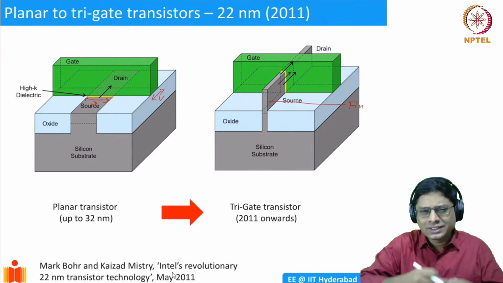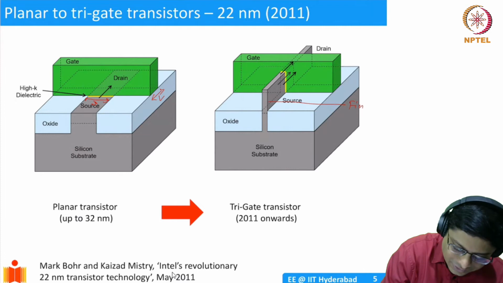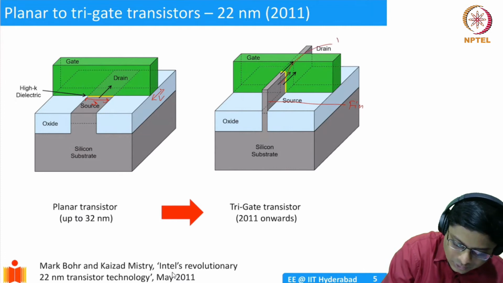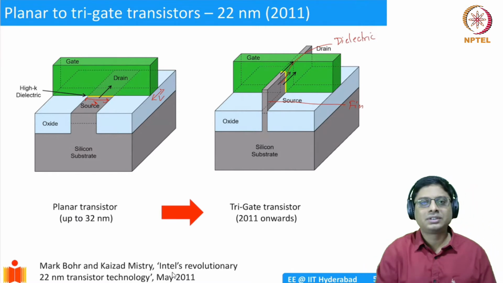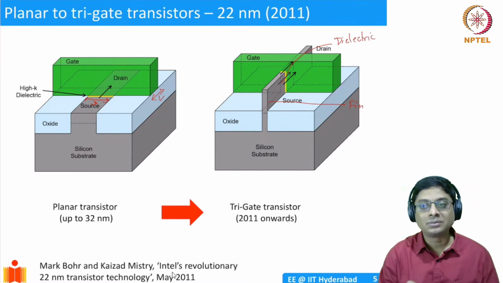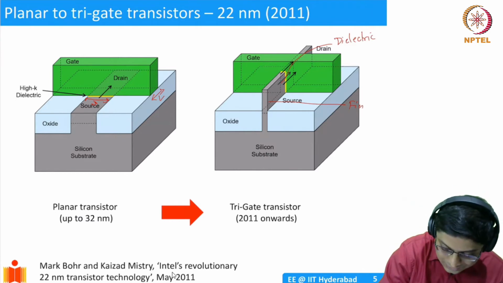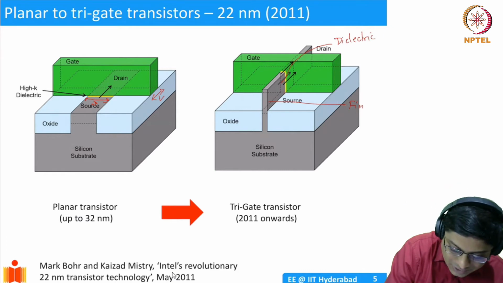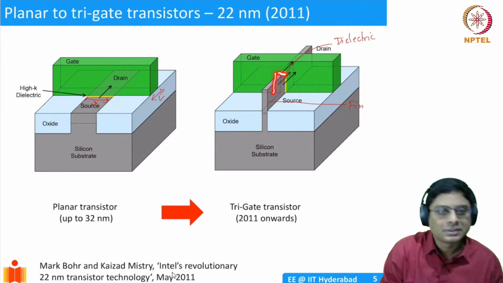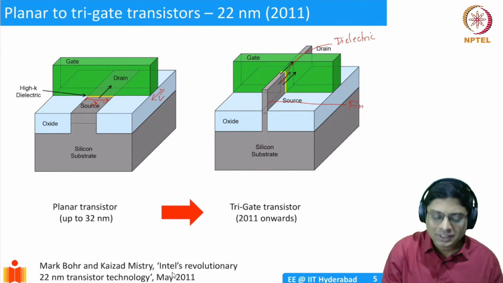Fin essentially is a thin strip of silicon which is coming up, and then you surround that with a dielectric here. Now, this is yellow again, right? This is dielectric, and then surrounded with a gate. So now where will the channel form? The channel forms in three dimensions. It will be in this line here. This is a channel under the oxide. There will be a piece of channel here, and then a piece of channel here, right? So this is the three-dimensional transistor, or we call it a tri-gate transistor. It effectively is like three gates.